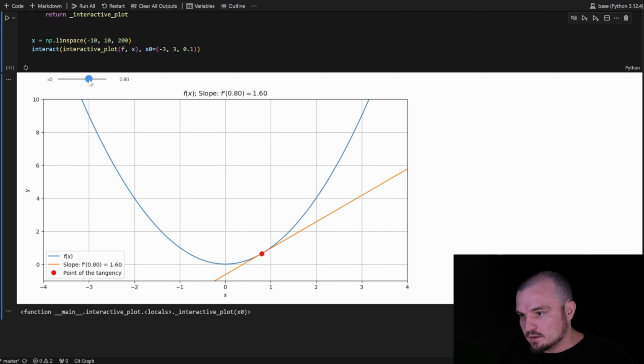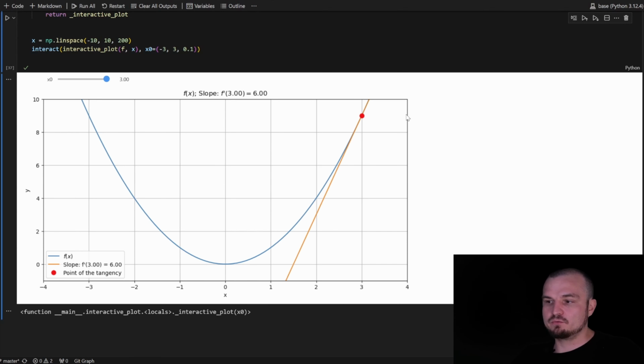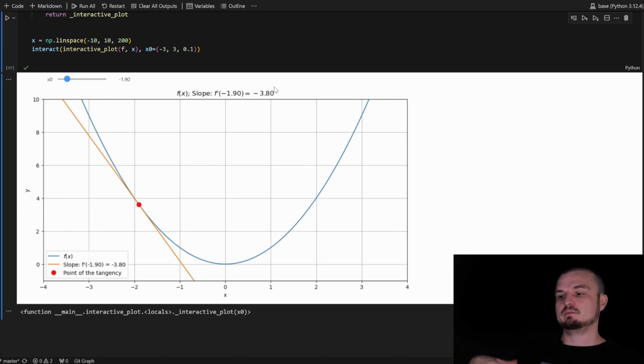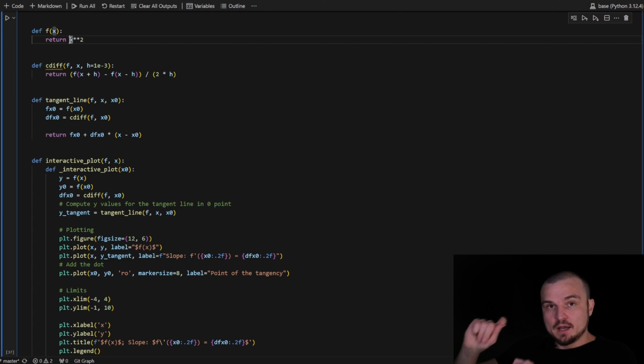After this, obviously, we have the positive sign, and the value of our slope grows with every step. The tangent line is more and more steep, and at the point 3, the slope equals 6. If we change our sign from negative to positive, it means that we have a minimum point. We can flip our parabola.